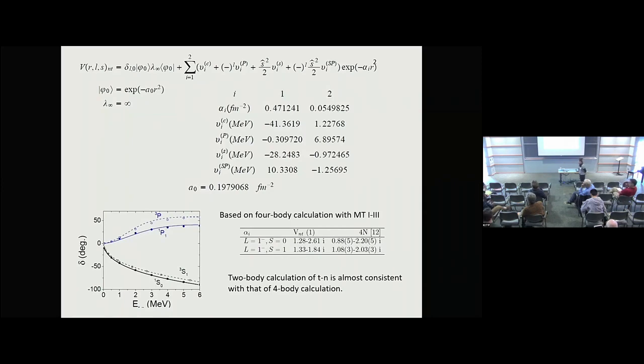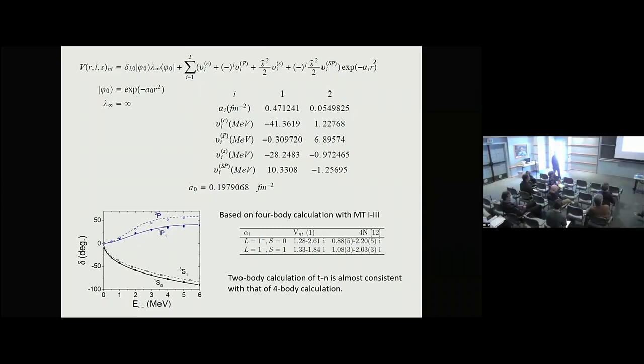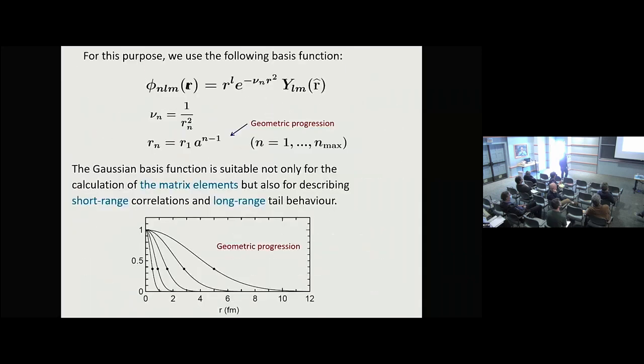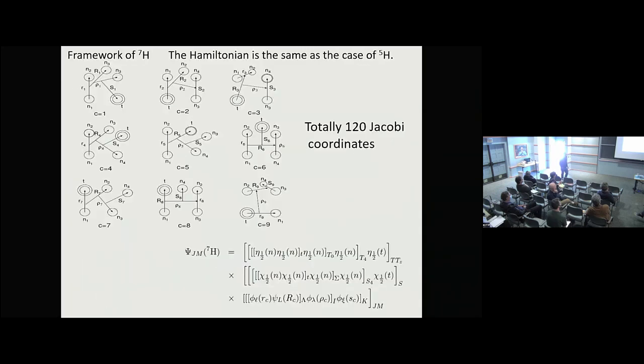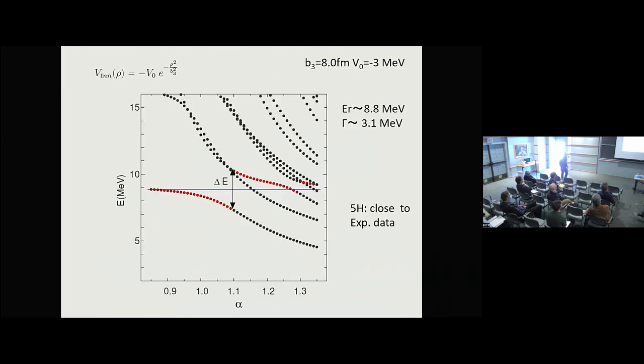You said that complex scaling is too difficult for the five-body. Nowadays, yes. Okay, but for the real scaling, how do you get the width? I use that real scaling method for the position, then avoiding cross section. So this is not accurate, just an estimation. Okay, so you can check with the complex scaling? In the case of the three-body model, yes.